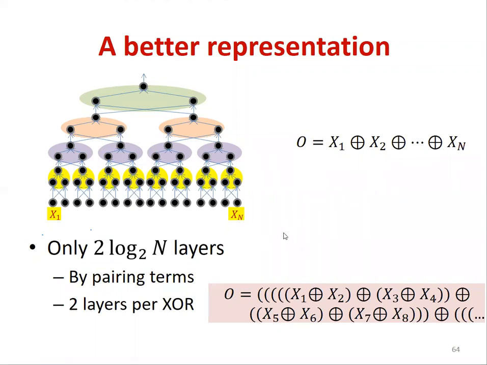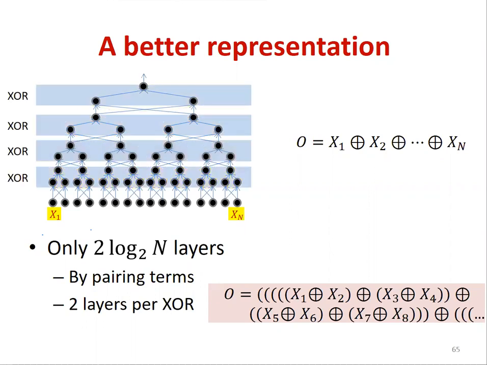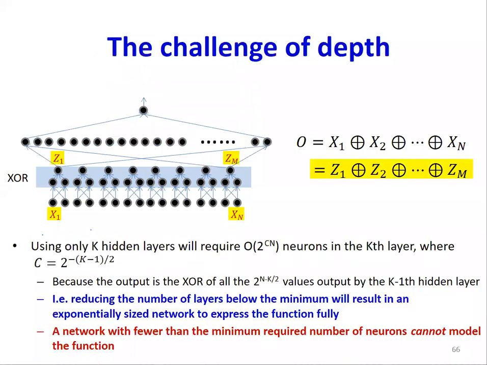This is the worst case. We're looking at Boolean functions, right? XOR functions. But I'm taking the worst case to give you an idea of the importance of depth. And so I can compute this XOR. If I let the network go deep, then I just need 2 times log 2 of n layers. And the number of neurons I require is only going to be 2 times n minus 1 neurons, right? On the other hand, if I want only one hidden layer, it's going to be 2 raised to n minus 1 neurons. So what does this mean?